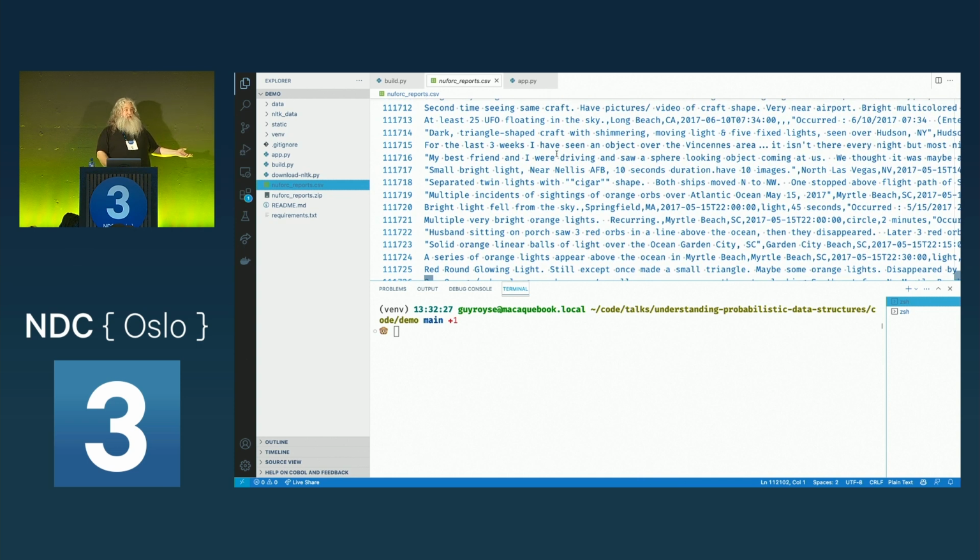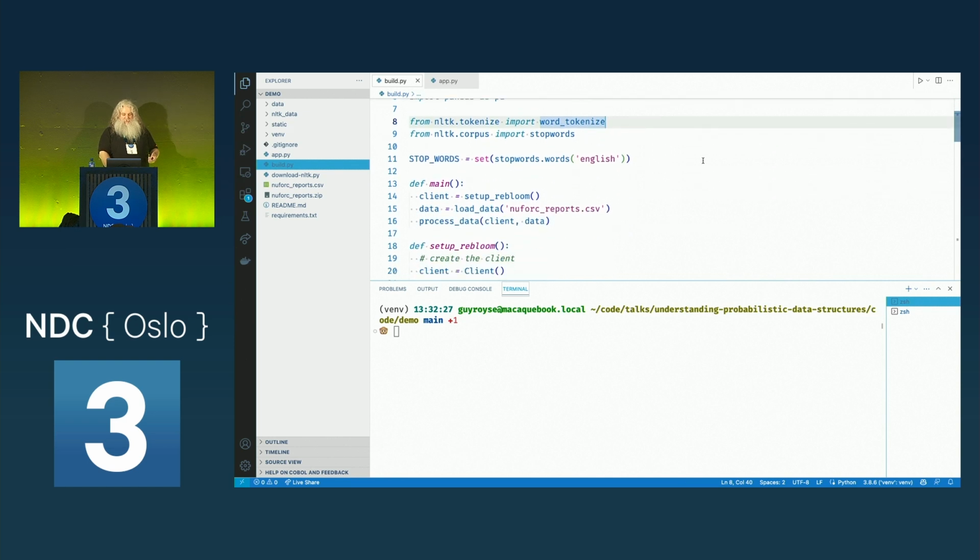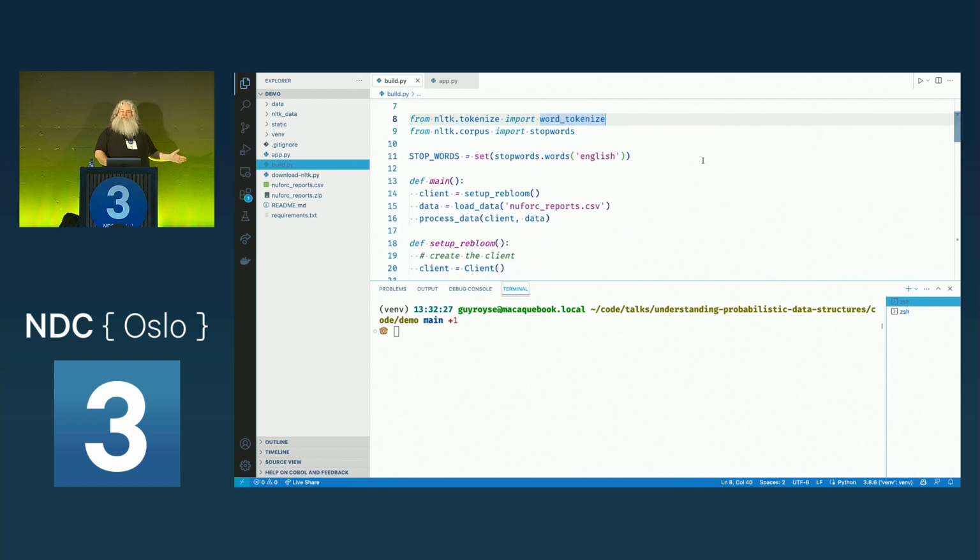It's just a CSV file, very easy to work with. And so what I do with the CSV file is I've got 2 Python scripts. One is going to parse the CSV file using pandas, and then I run it through NLTK and a bunch of other Python stuff. It kind of doesn't matter, really.